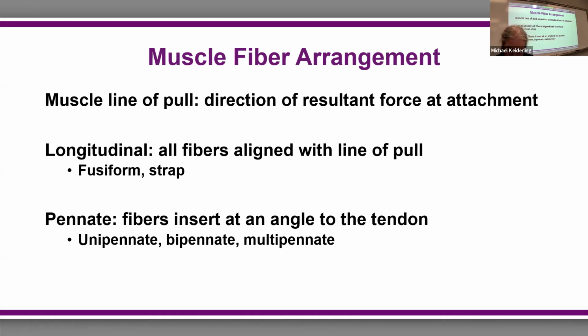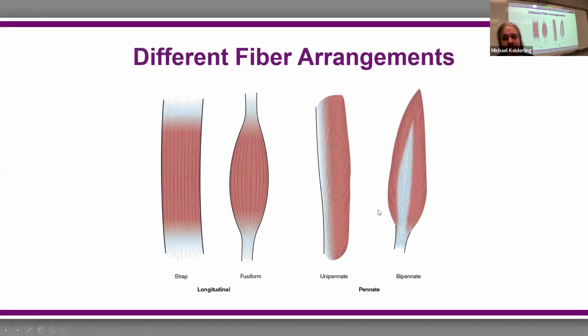All fibers are aligned. They're called longitudinal, and muscles that are not aligned. So the advantage of pennate is you sacrifice the amount of distance that you can compress for more force. The longitudinal muscles can cover a larger distance, but in exchange, they have less force,